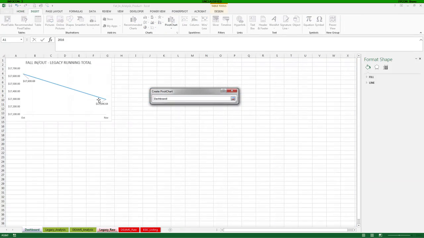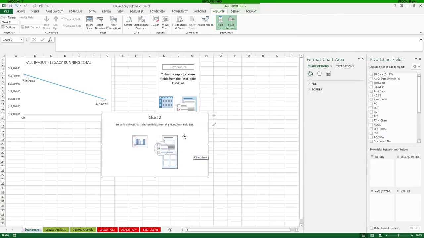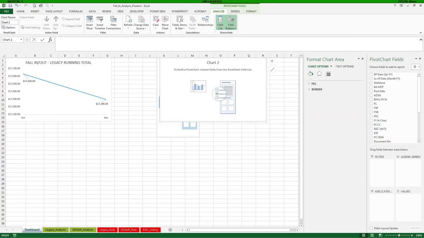So we're going to go back to our dashboard and we're going to click right here on K because I know I'm going to make it bigger. And we're going to click OK. And now what we end up with is another one that we want to look at. And so here it's going to be very similar to what we're looking at, except now we're going to look